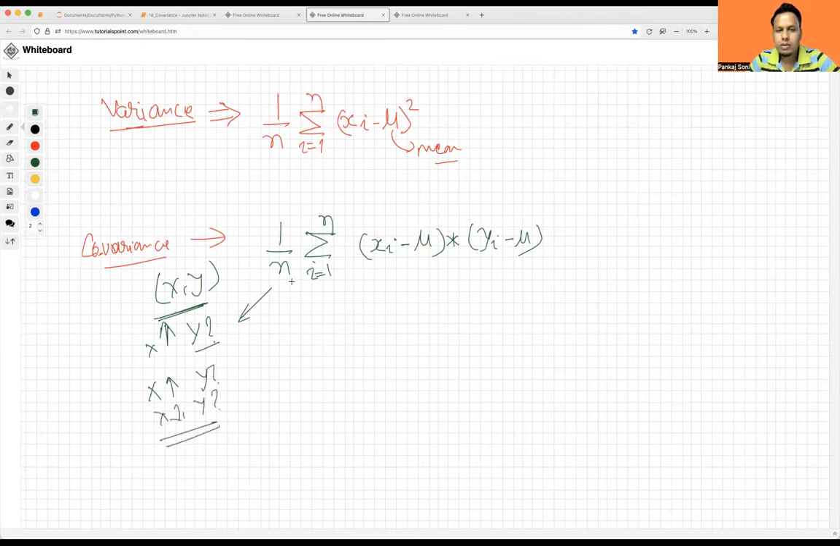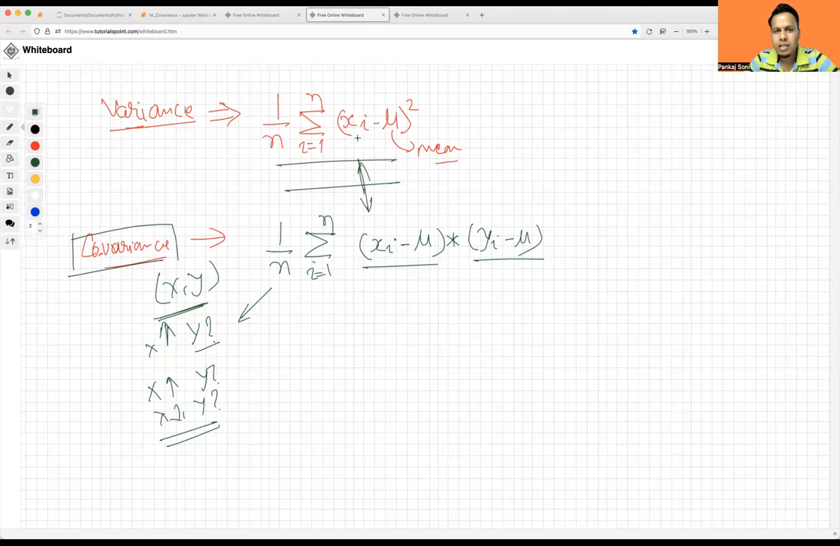Okay, those things you can easily calculate using this kind of formula. So this is the covariance formula. If you look at this very closely, what is happening here? We are subtracting the mean of x from xi and the mean of y from yi, right? If you compare with this formula,